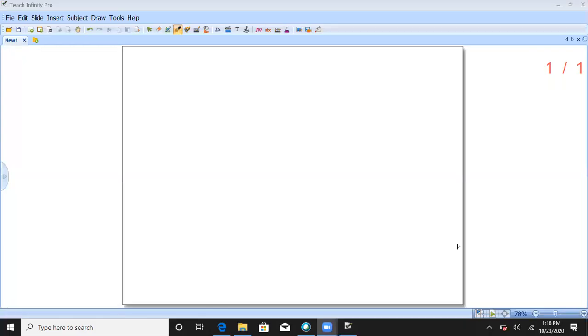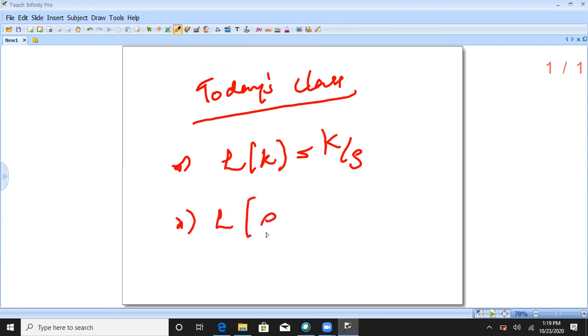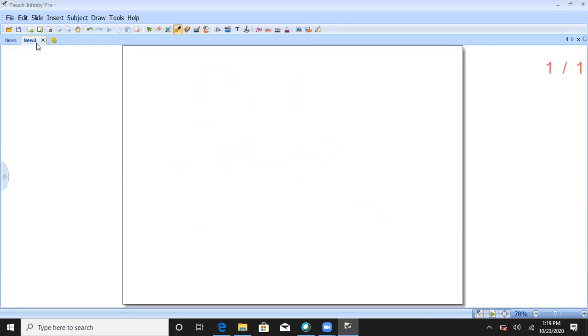Okay, just to recap today's class. Please mark this sheet here. The Laplace transformation of a constant value a is equal to a by s, and the Laplace transformation of e to the power kt is equal to 1 by s minus k. Then the Laplace transformation of